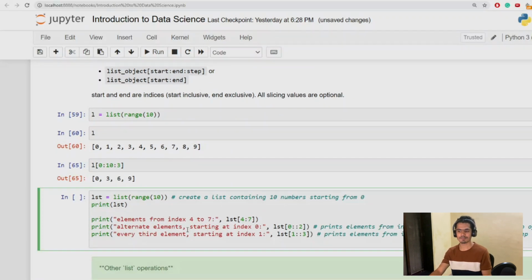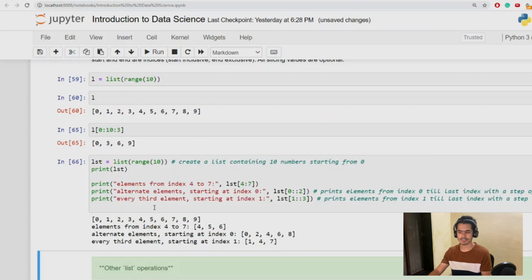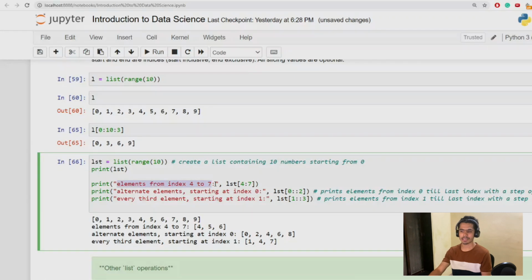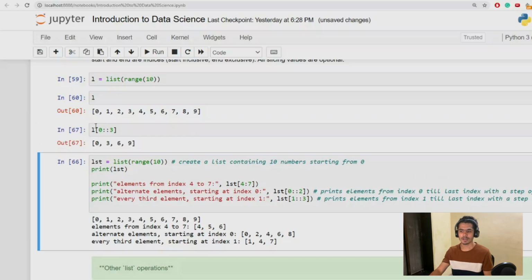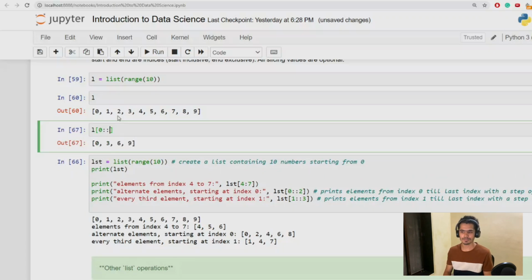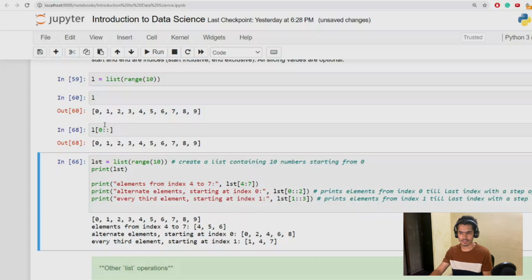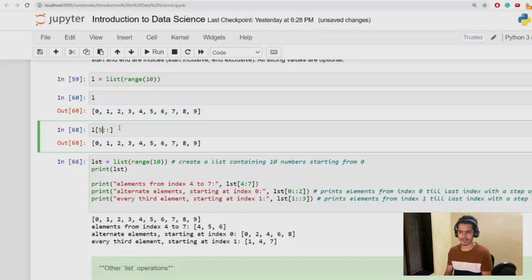This is the same way if you want to print elements from index 4 to 7, just provide the location, okay. So you can do that. Let's say you don't provide anything over here, as we talked about, it will consider everything, it will not limit to that particular number. If I remove this also, then it will give me the whole list, okay. Let's say I start from 5 and stop at the end, then it will give me